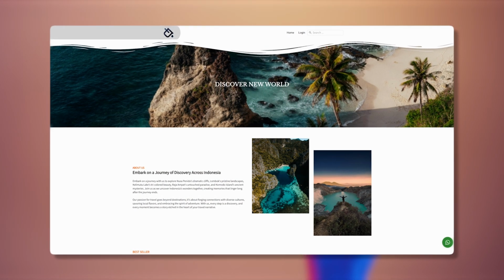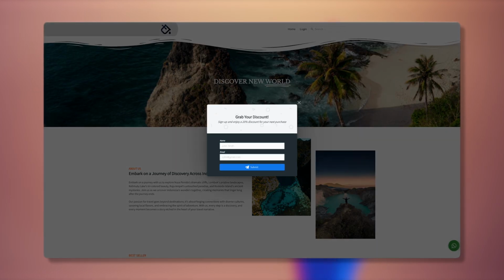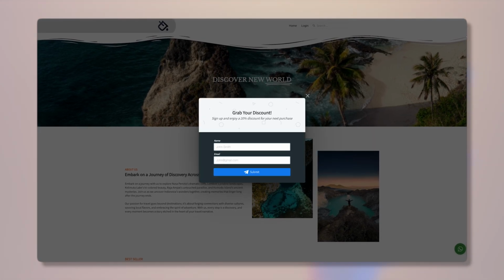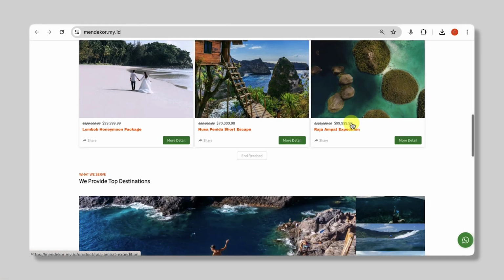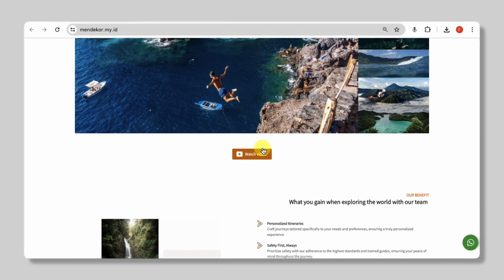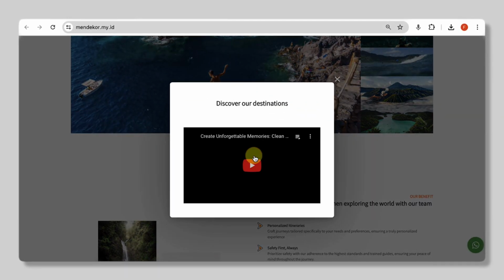In the previous video, we've demonstrated how to create pop-up windows that automatically appear when the website finishes loading. Now, we will learn how to create pop-up windows that appear only after the website visitor clicks a button on